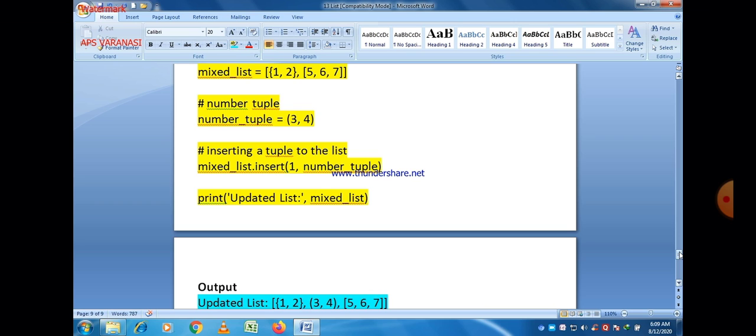As far as the difference is concerned, append just adds a single element at the end of the list, while extend extends the list. If you want to extend the items of the list, then you can use the extend function. There are two lists, 1 2, and a second list containing elements 3 4. Then after the extend